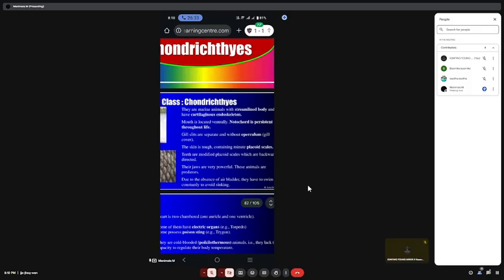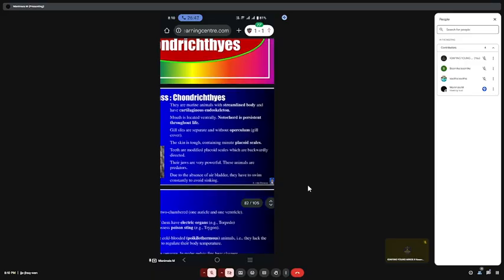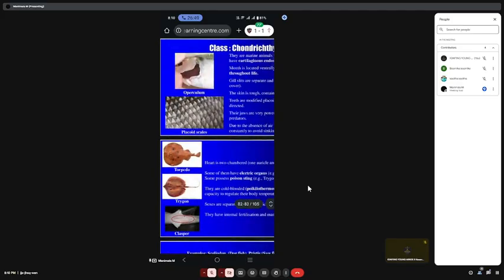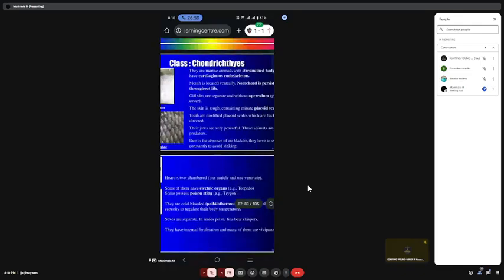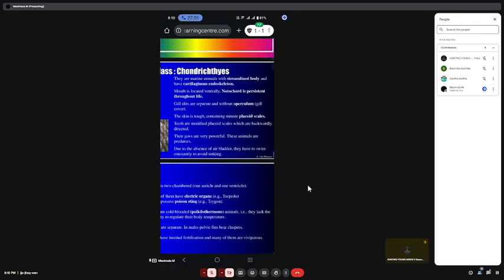Chondrichthyes means cartilage fish. These organisms are commonly called cartilaginous fish. These animals are marine with a streamlined body. If you see, it is a marine animal with a streamlined body. Scales are present. In the previous animals we have discussed, the skin is very soft and contains